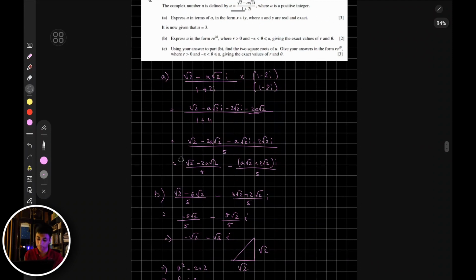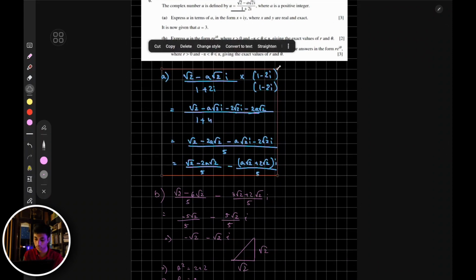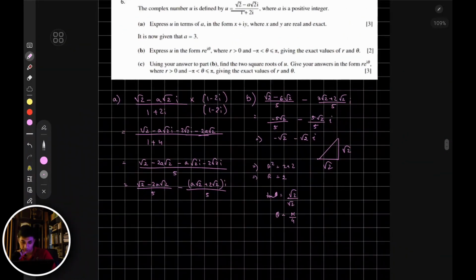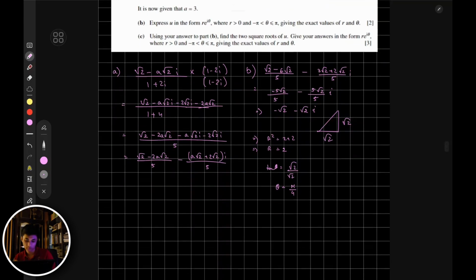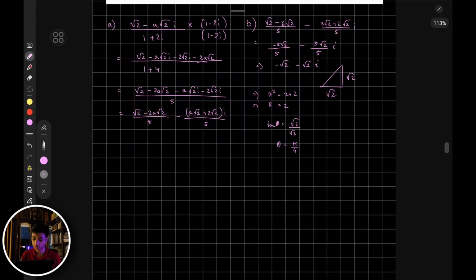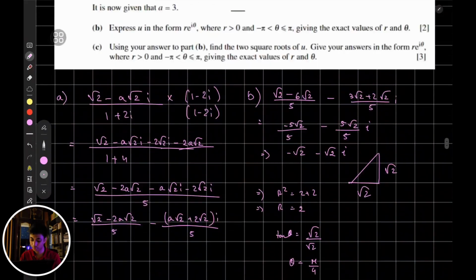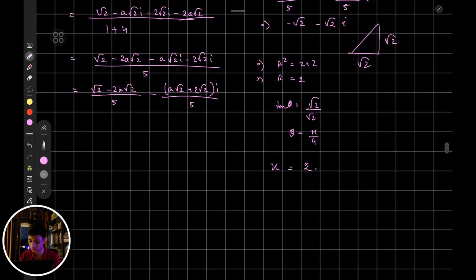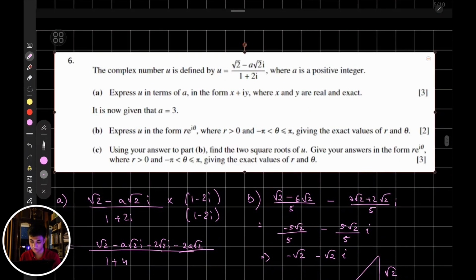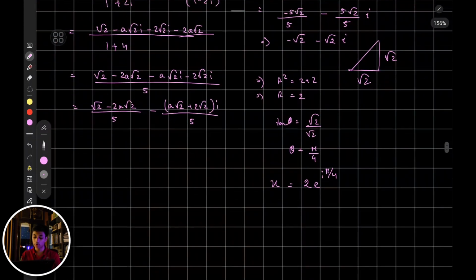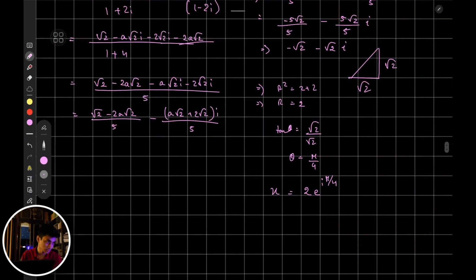Since we know r and theta, we can express u as r, which is 2, e to the power i pi by 4. Alright, so the answer is